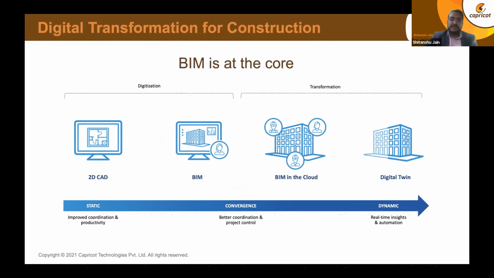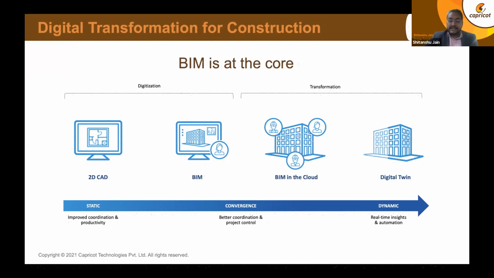So there has been a gradual change around this. Almost 30 years back, in the early 90s, we left our drawing boards and moved to 2D. And then over the last 10-15 years, from 2D to BIM. But that was more of a digitization process. But now it is my belief that this particular decade, 2020 to 2030, is going to be an era of transformation. Nobody needs to know what BIM is anymore, but how it can be implemented, how it is going to change my organization. That is what everyone is thinking about.